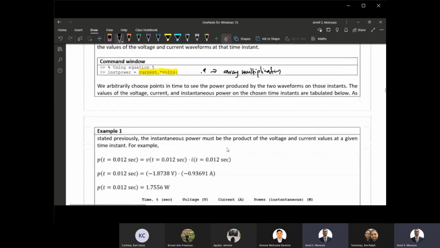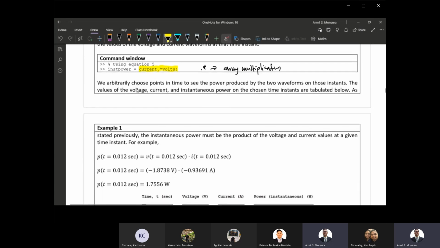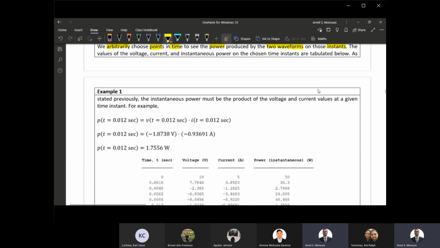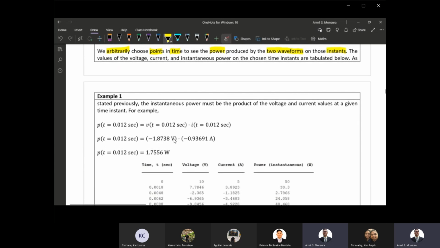So, there. Now, we try to interpret the results. So, what we do is we arbitrarily choose points in time, okay, to see how much power is produced by the voltage and current waveforms on those instants. Okay, so for example,